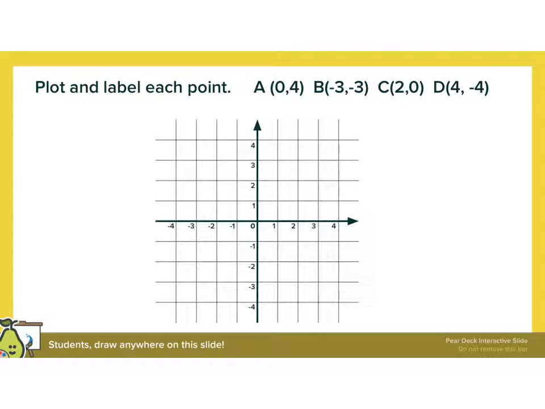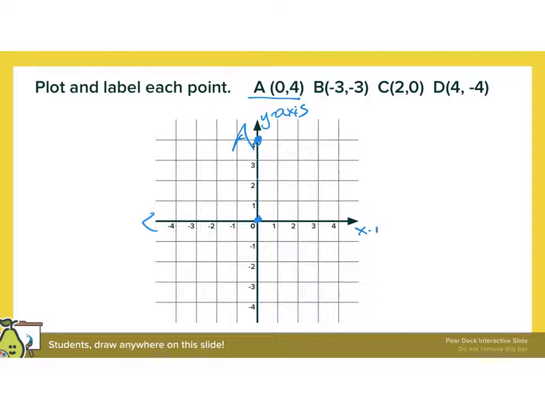Okay, so let's plot some points. We have the point A, which is at 0, 4. So I start at the origin, and x is 0. So I do not move right or left. I stay here. And then my y is a positive 4, so I move up 1, 2, 3, 4. So A is here, and it's on the y-axis,